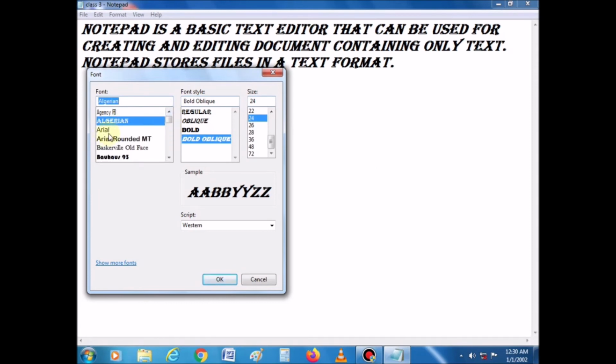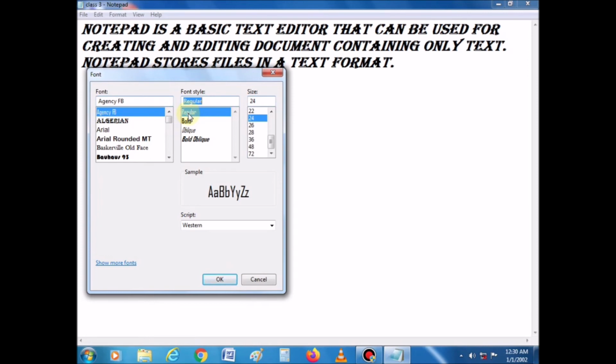You can change any font and you can see how the text will appear in a sample frame. Now you can select the font style also. Here you can see the sample frame. It will show the font style as well as font size also.